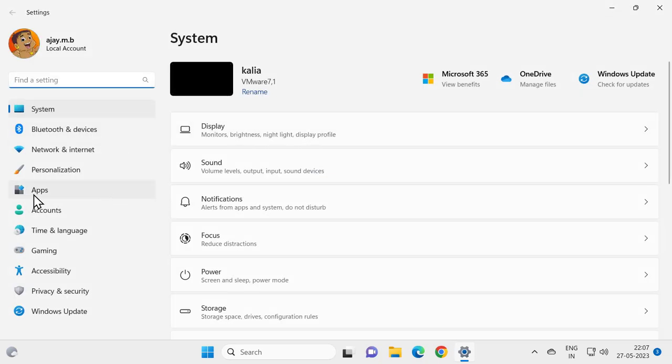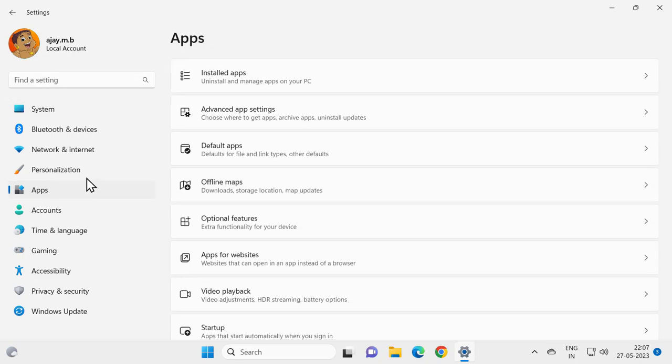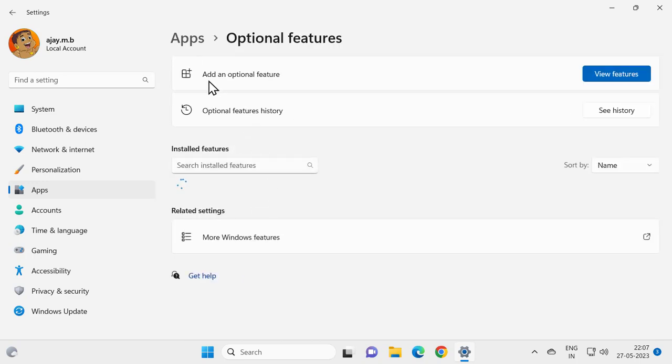On the left side you need to select Apps. On the right side you need to select Optional features. Click on it. In here you just need to add an optional feature. Click View features